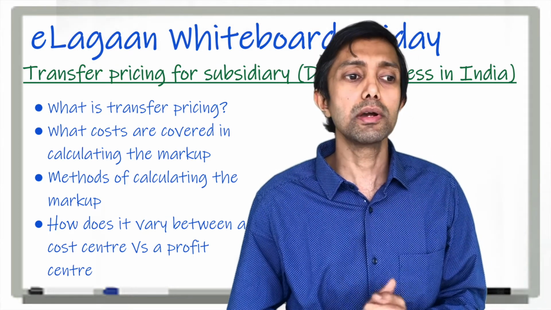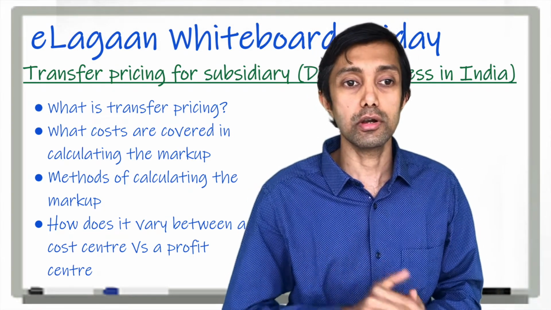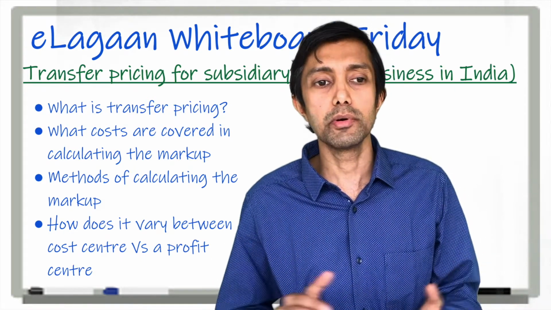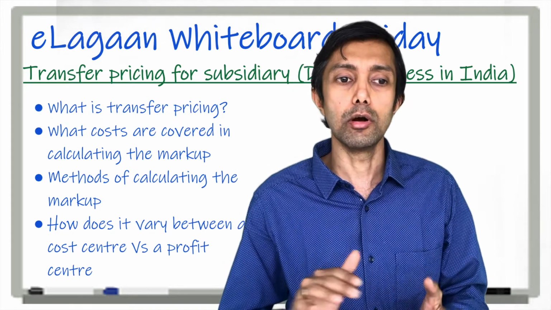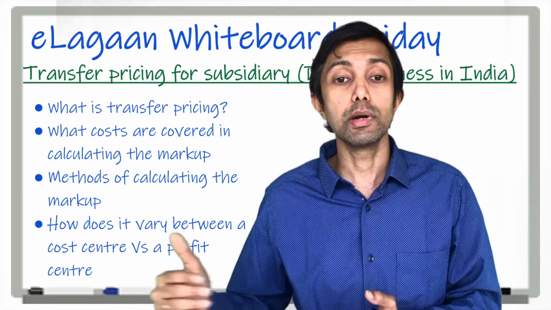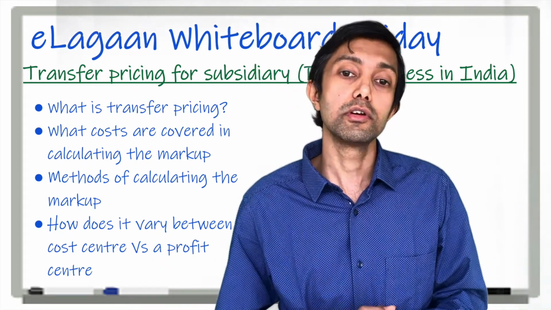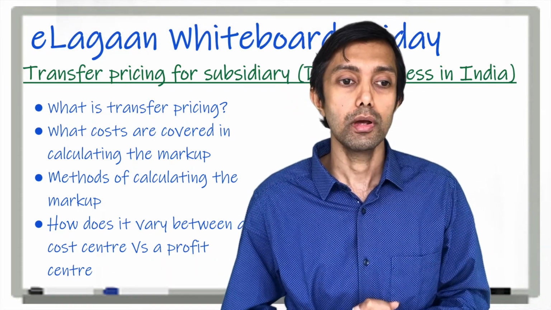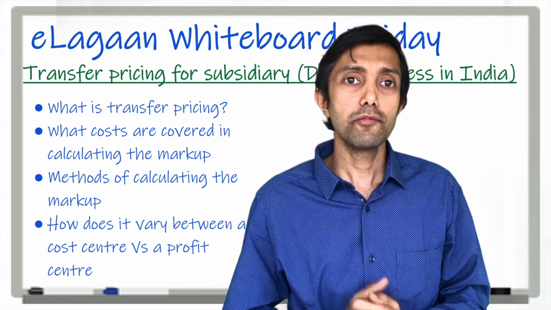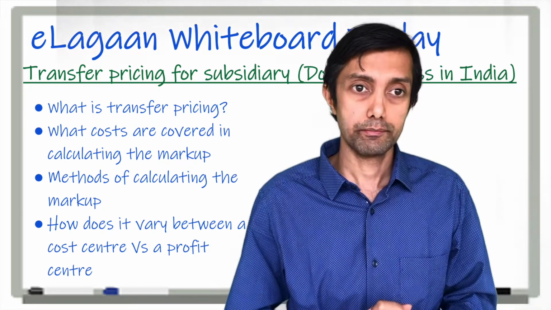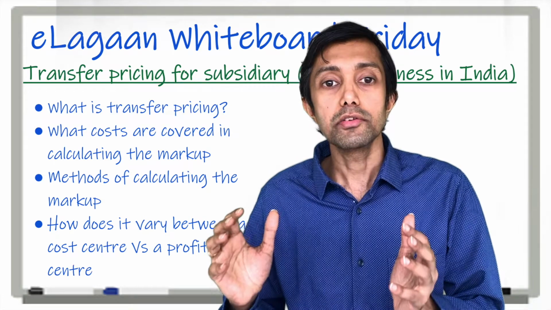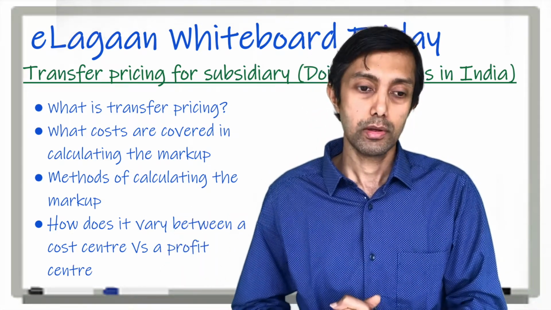So typically for a cost center on the technology side, a margin of about 15 to 25% is deemed to be normal. 15% for basic software development and up to 25% for high-end research and development functions. Now, the next question would be, if apart from a cost center, the subsidiary in India is also doing customer billings from India, then what happens?